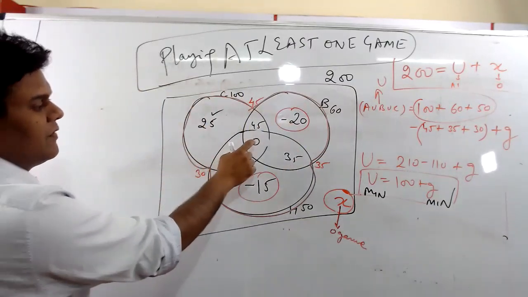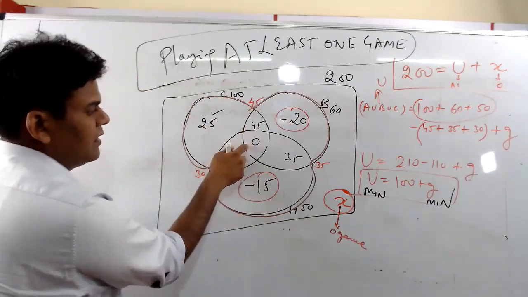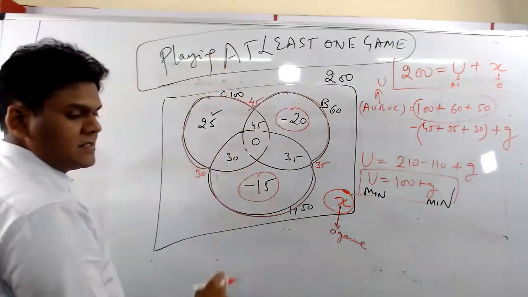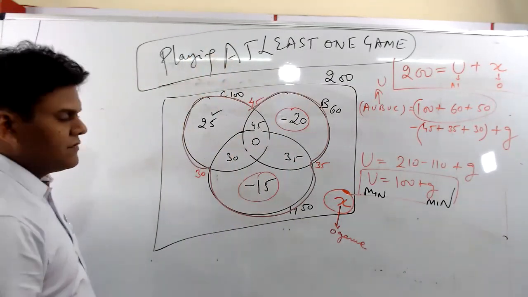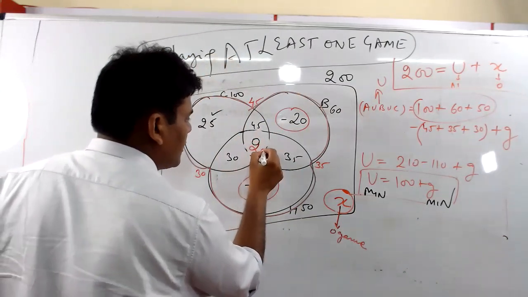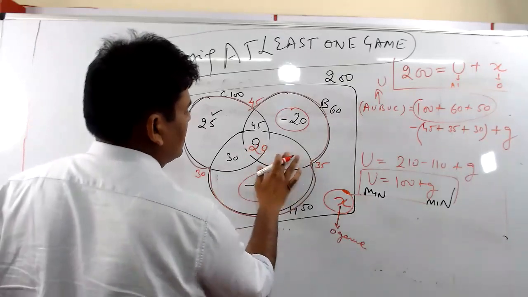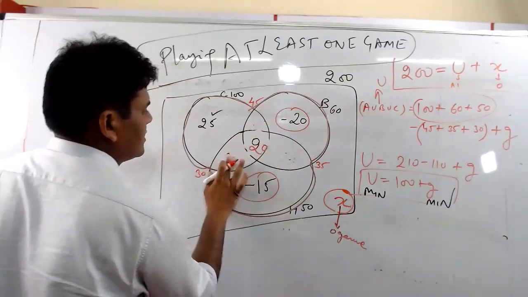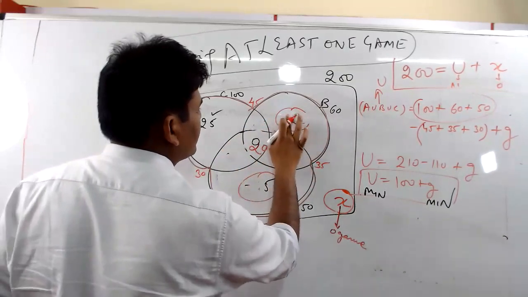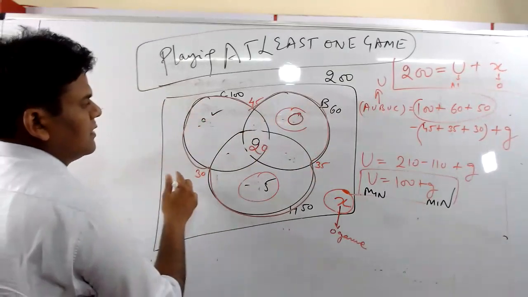What should be the minimum value of this variable? 15? No, even if you put this as 15, it won't affect this. This becomes 0, but this becomes still minus 5, right? Simple fundamentals of number system. So that means this has to be 20. Minimum 20. If this is 20, this automatically changes, this also changes, and this becomes 5, and this would neutralize to 0. This is already positive, will become a little lesser, right?